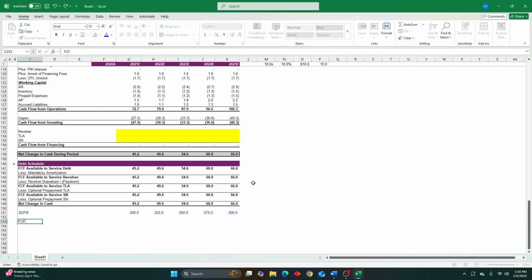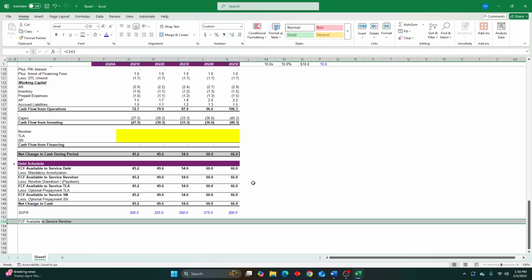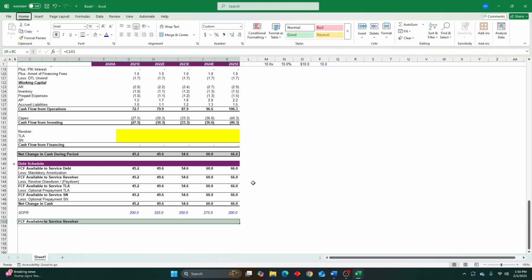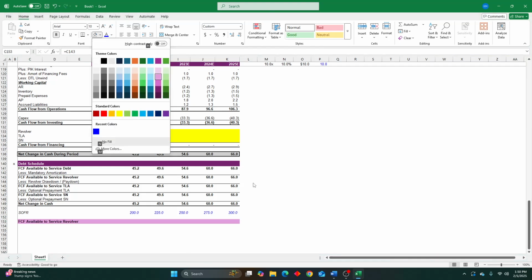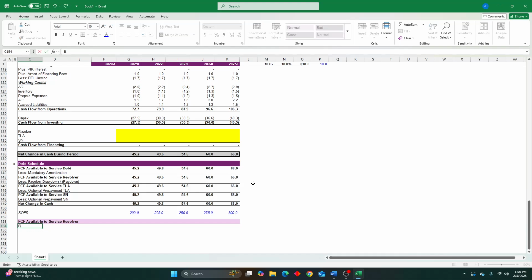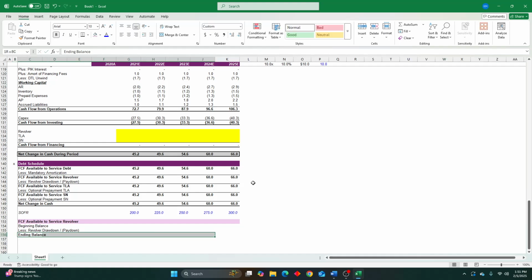Now we're going to have our first piece of the debt schedule, which is going to be our revolver. And so we're going to have our free cash flow able to service revolver. Let's bold this, and let's put in a highlight here like that. We're going to start with our beginning balance, less our revolver, and I'll link it up here, less our revolver drawdown or paydown, our ending balance. Then we'll have our interest rate,